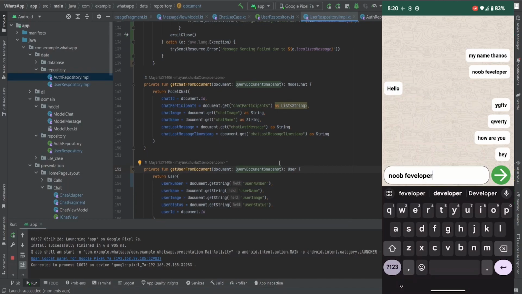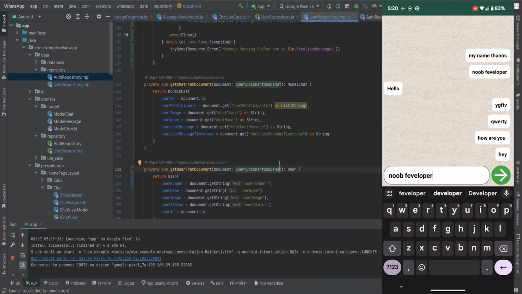Now you can see it is sending the message and reflecting the changes accurately on the screen. Okay, no issue, no flag, no lagging, nothing. But the issue here is that it is not showing the messages in the order of the time. Because we don't have any timestamp value for any message, we are not getting the chats in order. So that's one big issue which we are going to solve in the next one.